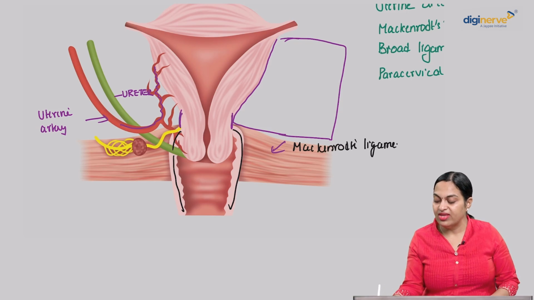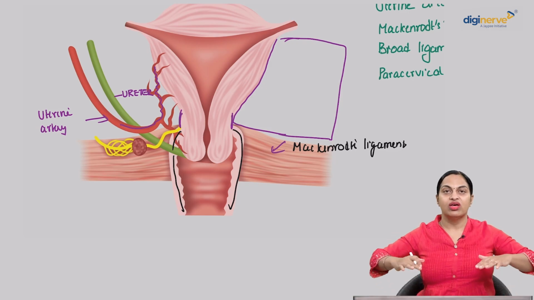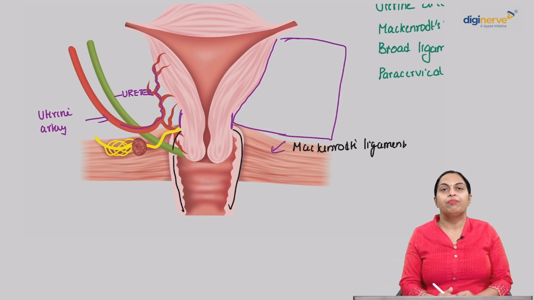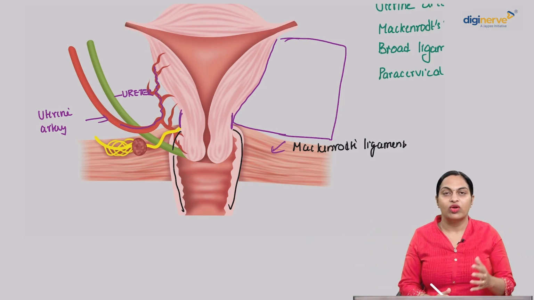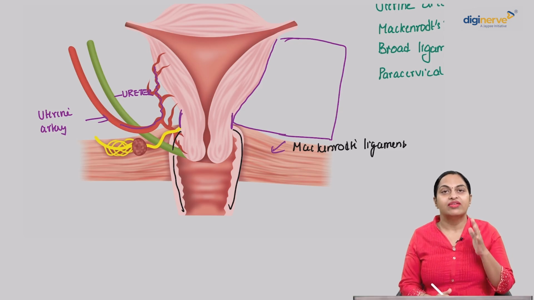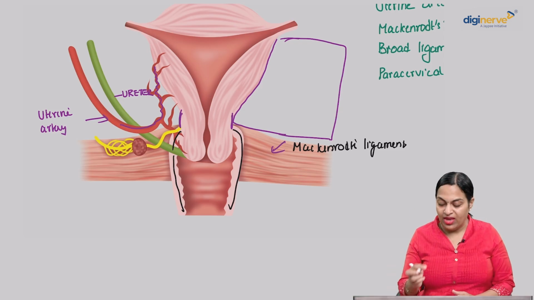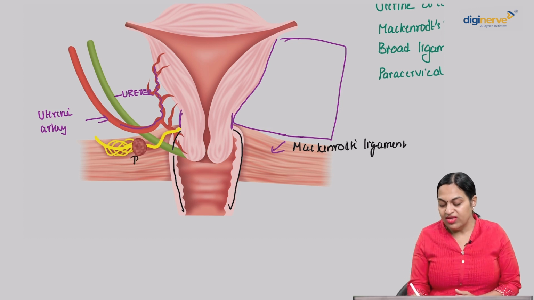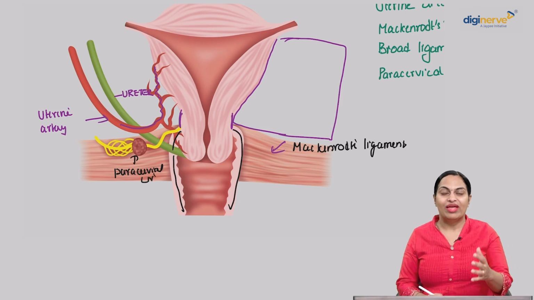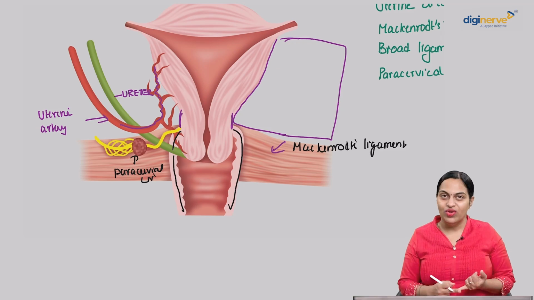Which connects the cervico-vaginal junction to the lateral pelvic wall, isn't it? It is one of the strongest ligaments and it is responsible for keeping the cervix in the median position. And over there, this is the paracervical lymph node. So the important relations, the lateral relations of the supravaginal part of the cervix includes the ureter,